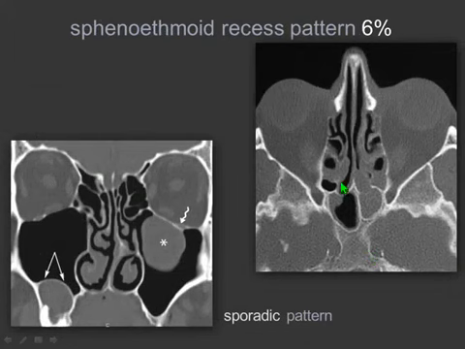This is the sphenoethmoidal recess pattern. You see that in that case the mucosa is thickened at the level of the common path in the superior meatus and the common path for the posterior ethmoidal cells and the sphenoid sinus. Whereas the sporadic pattern is something where you have retention cysts, like in this case, that should not be confused